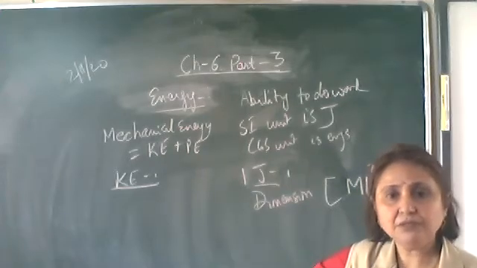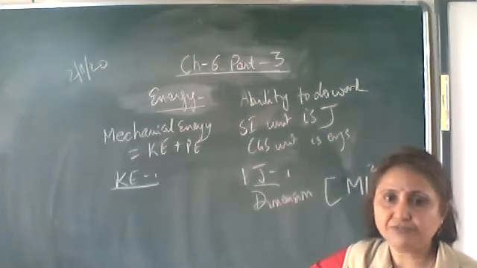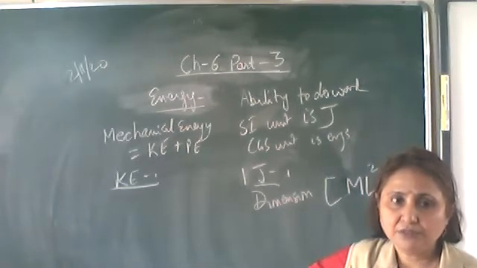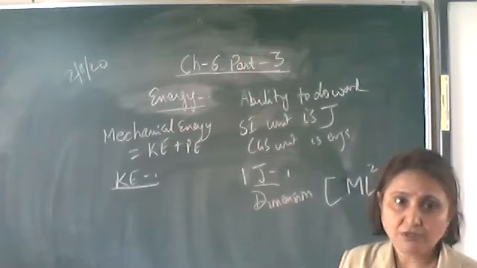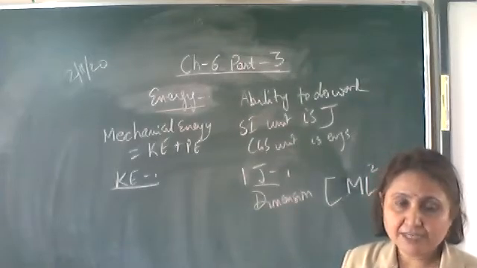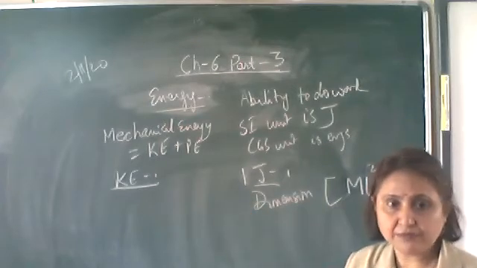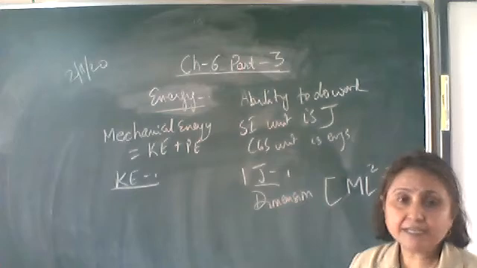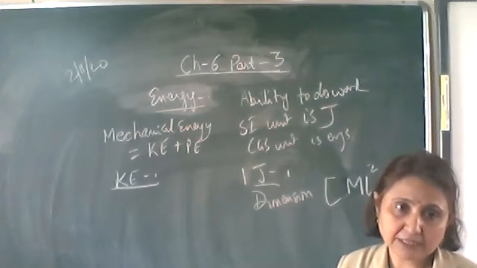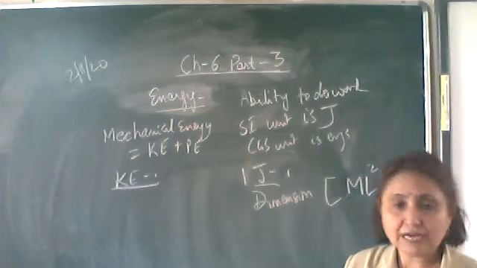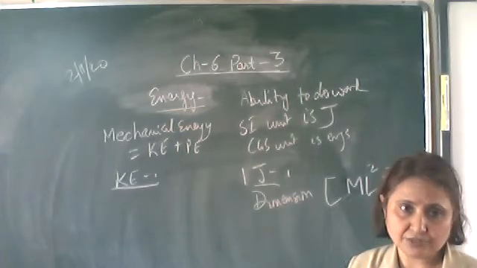For example, a car moving on a straight road, as it is in motion, will possess kinetic energy. Wind blowing is able to run the blades of the turbine in a windmill. So kinetic energy is due to the motion of the wind; when it is blowing, it possesses kinetic energy. Flowing water also possesses kinetic energy. These are a few examples of kinetic energy.